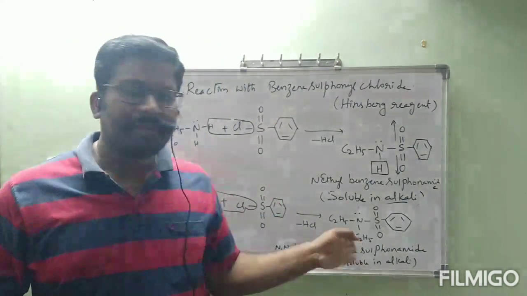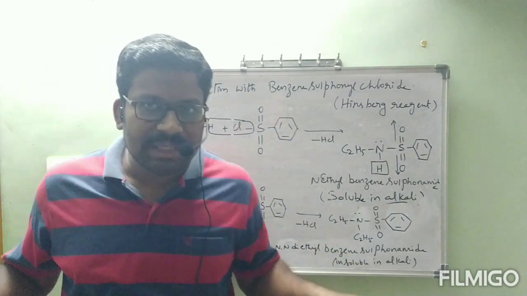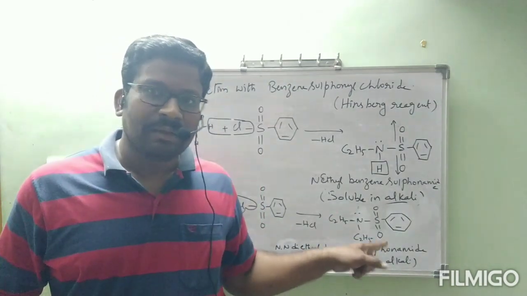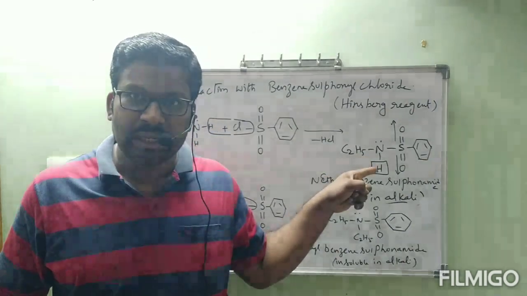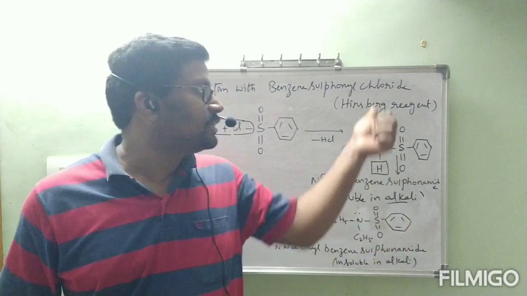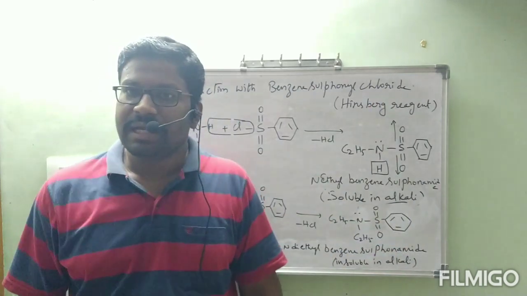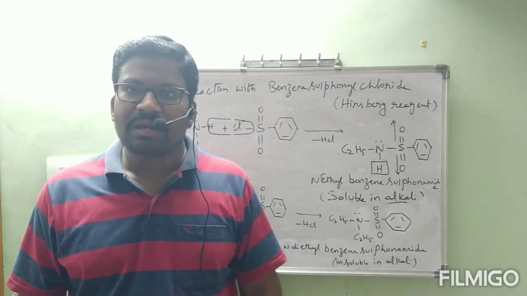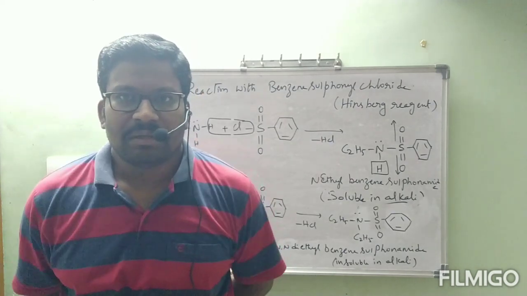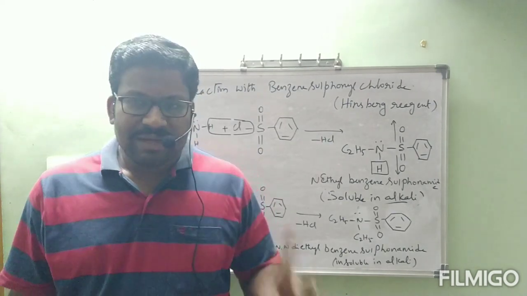This is not contained by any hydrogen. No acidic hydrogen is present. Because of that, it is not going to be soluble in alkali, but this one is going to be soluble in alkali. In this way, primary, secondary and tertiary amines we can distinguish by using the test called Hinsberg reagent test. This is simply called Hinsberg test. Is it clear, ma? Once again, it is a very important test.